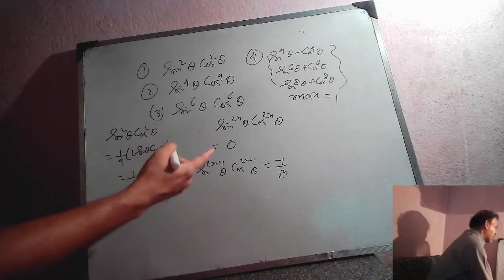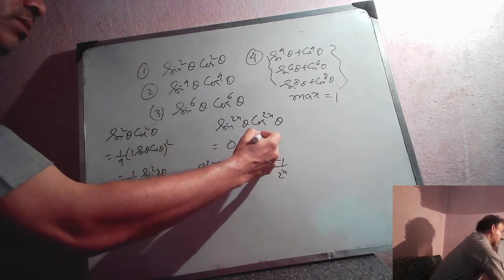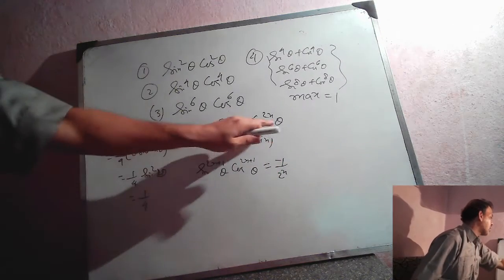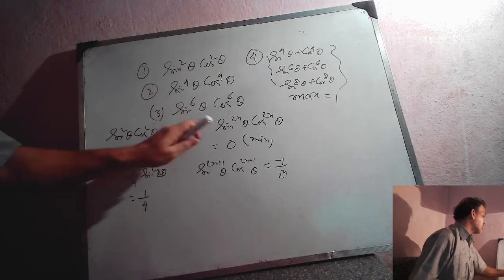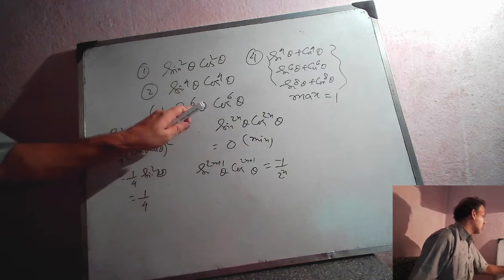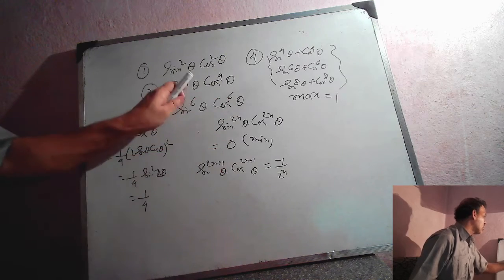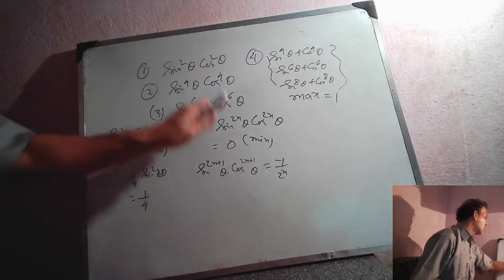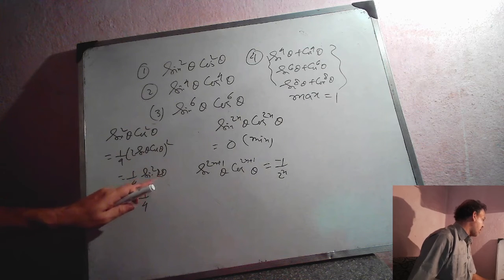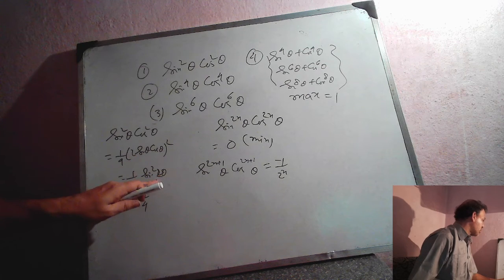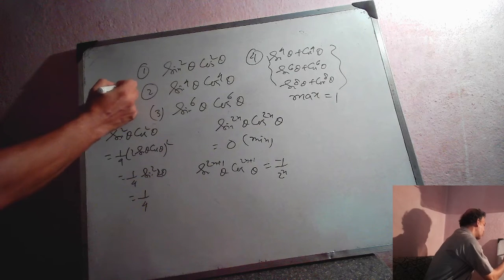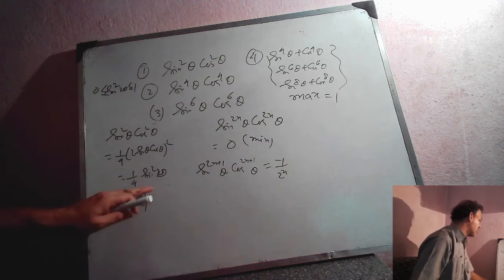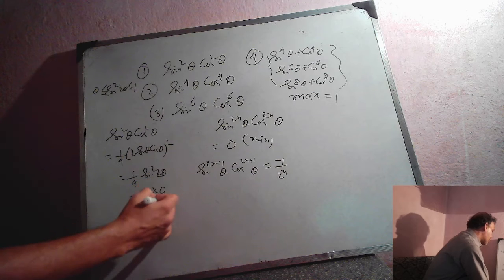Similarly, we can say its minimum value. So if the powers of sin theta and cos theta are even, then for this type of problems the minimum value will always be 0. This is also even power 6 6, so minimum value 0, 4 4 minimum value 0, 2 2 minimum value 0, as sin square is always positive and its minimum value is 0. The range of sin square theta, or 2 theta or 4 theta, whatever it may be, is 0 to 1. That is why its minimum value is 0. Half into 1 by 4 into 0 equals 0.